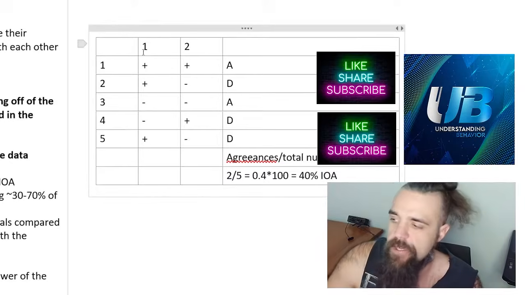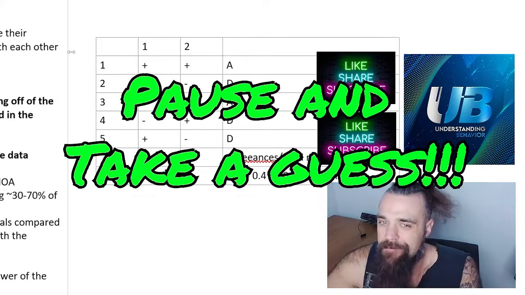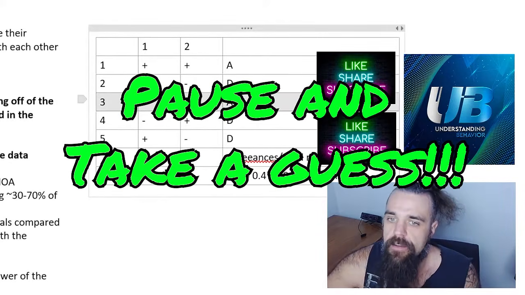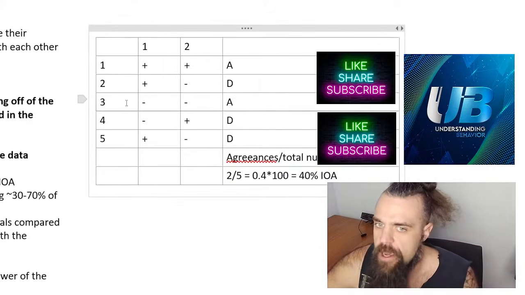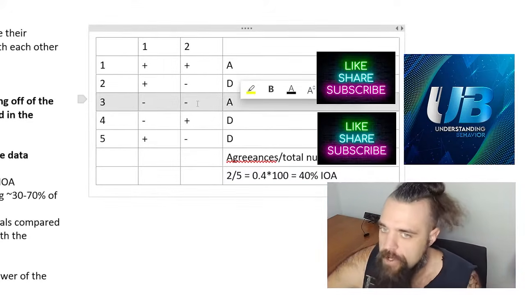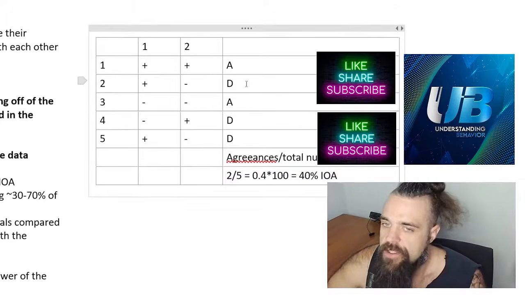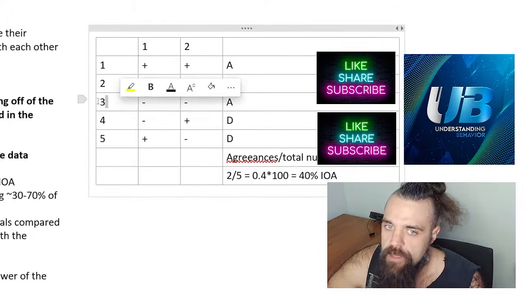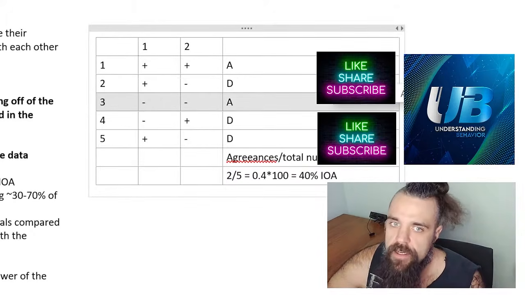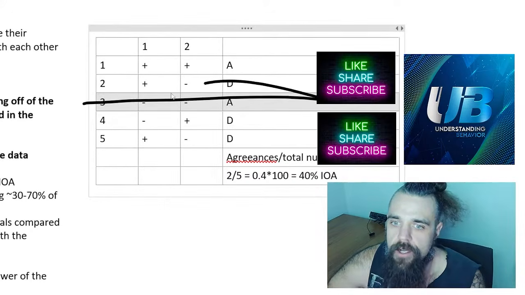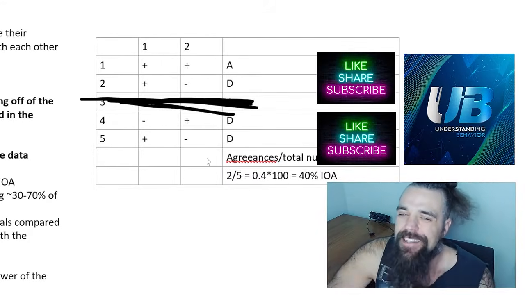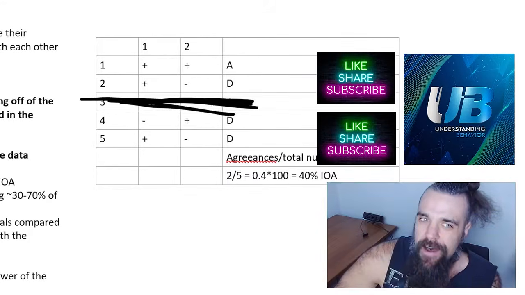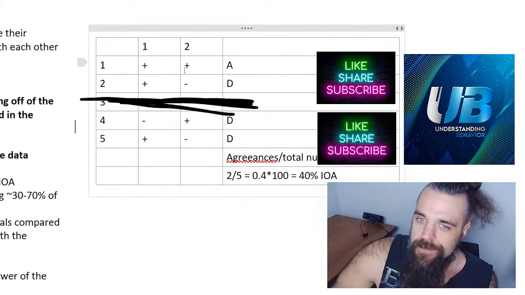Which interval do we need to omit, chat? So we're going to omit interval number 3 here. In this one, neither observer scored an occurrence, so we're not going to count it. In this one, again, we're going to completely omit this interval. Let's see if I can black it out or something. We'll do it a really raunchy way, if I can draw a little better. In this one, we're only going to focus on the other intervals where at least one observer scored a